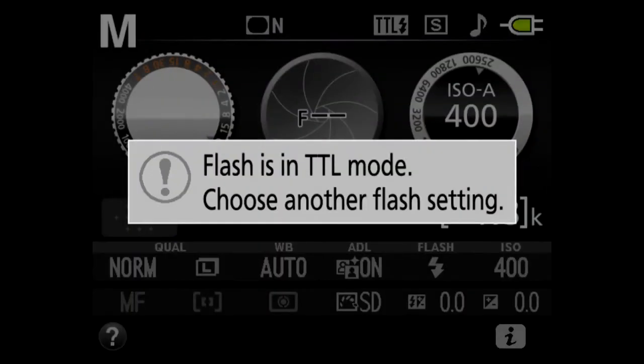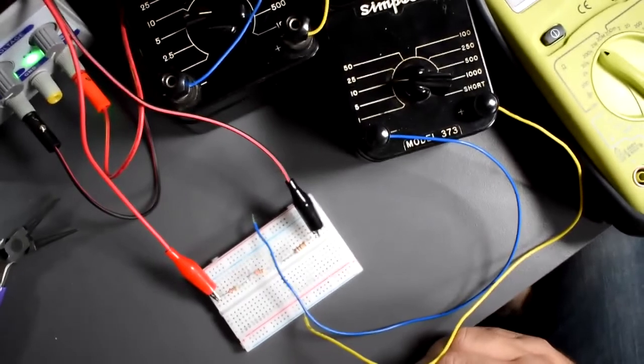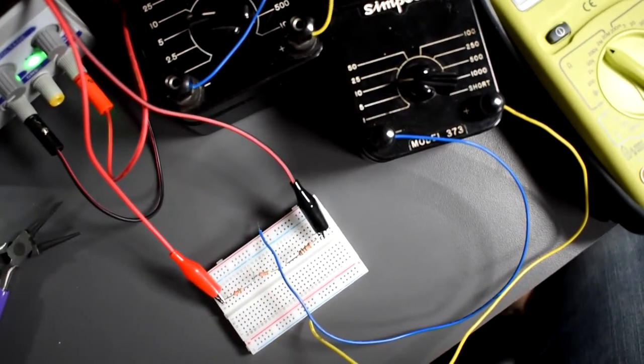Come on. We're back. Okay, I think I just took a picture with the camera here. All right, so now